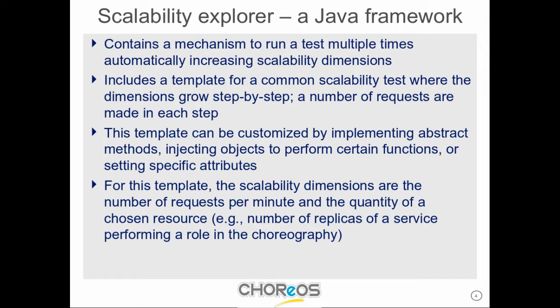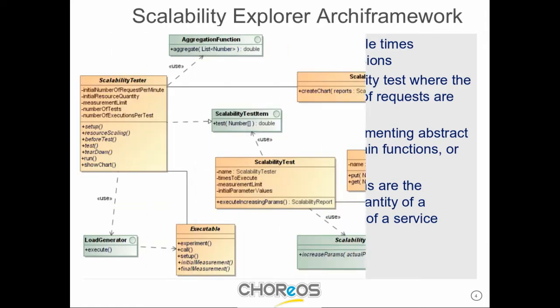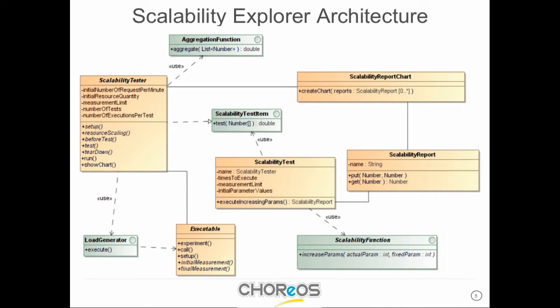For example, the number of replicas of a service performing a certain role in the choreography. So this is the overall architecture of the Scalability Explorer. And we have some detailed text explaining how each of these components work, and this can be found in the Correos deliverable